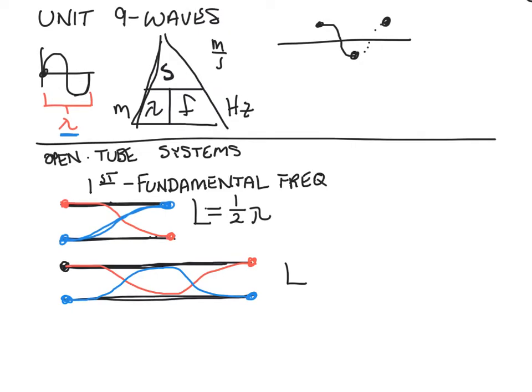In an open tube system, we go from first harmonic to second harmonic. The length of the tube for that second harmonic is equal to straight up the wavelength. If you're keeping score of the wave up here on our transverse wave diagram, we've now come from the top of a crest to the bottom of a trough and back up to the top of the next crest. Therefore, in this situation, the length of your tube and the wavelength are equal to one another. If we can somehow stretch that tube even further,